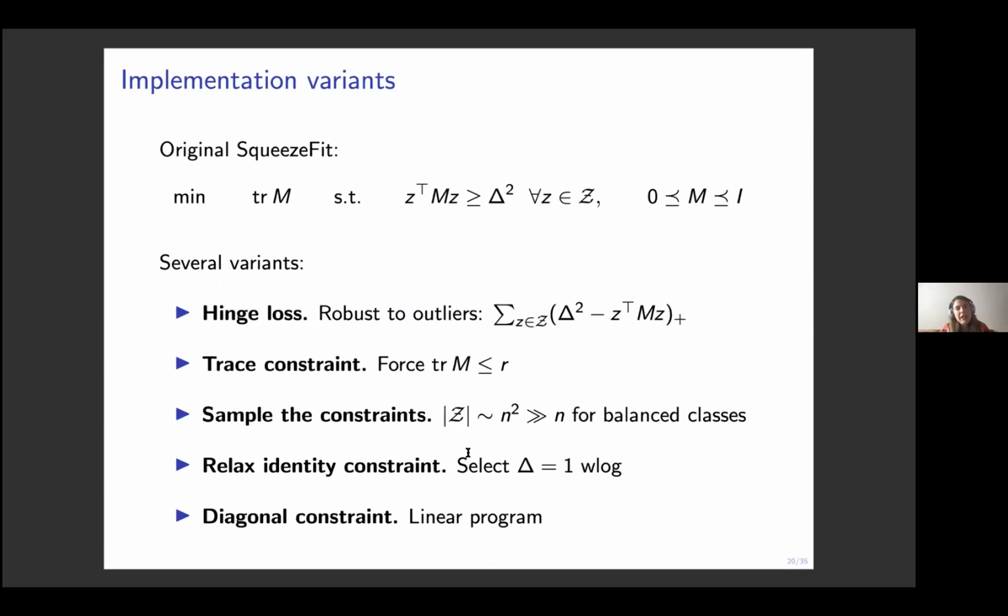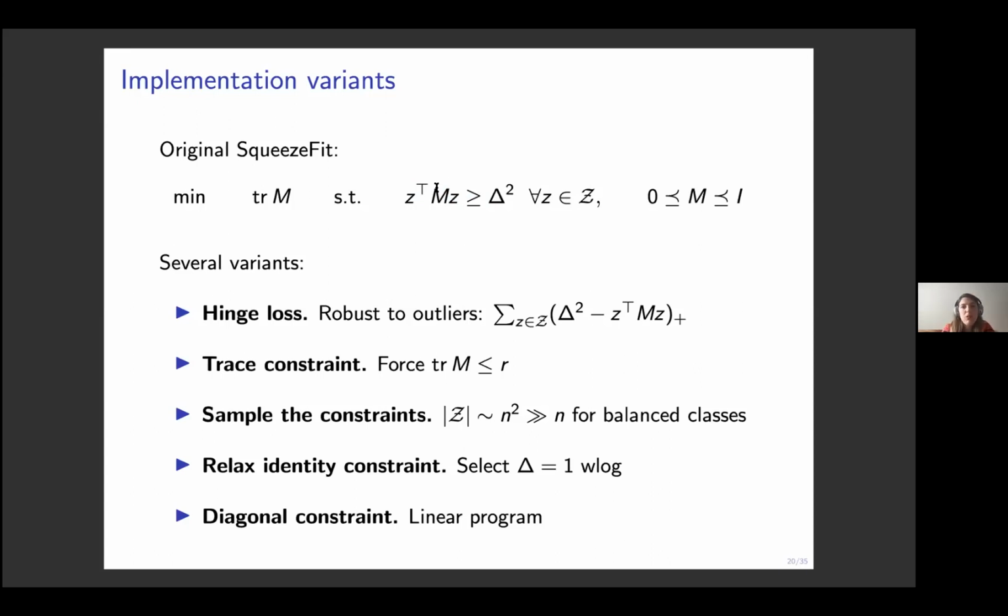This semi-definite program as I wrote it is not very useful in the sense that it's very strict. You have this strict constraint of this quadratic form being greater or equal than delta square for all points in the difference set. This is very likely to be unfeasible, because asking that this is always satisfied may require that you don't have any outliers, so that you choose this delta very small. So in order to be robust to outliers,